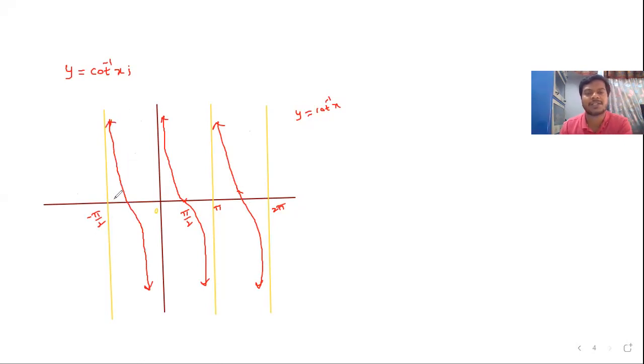This is the graph of cot x, right? Neglect these graphs, right part of pi and left part of 0. Whatever the graphs, if you neglect, only in the interval 0 to pi, the graph is clearly bijective. Different values of x having different images, right? So inverse exists only in the range 0 to pi. Now let us go for the graph of cot inverse of x. Here it is.